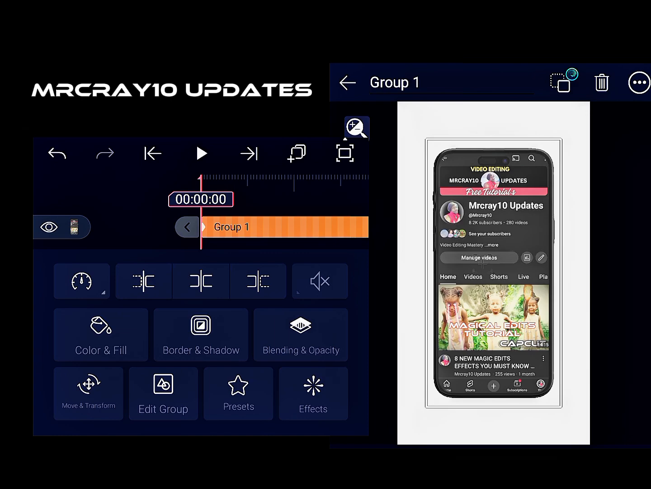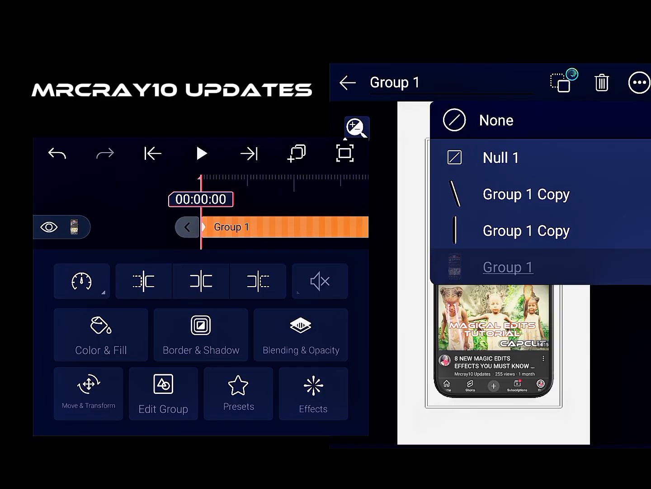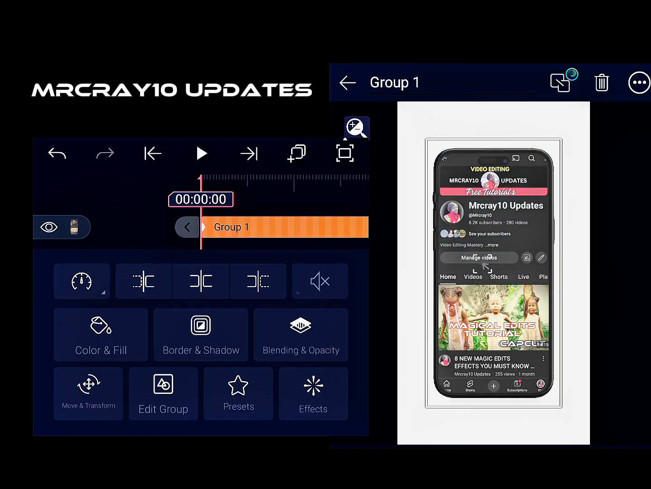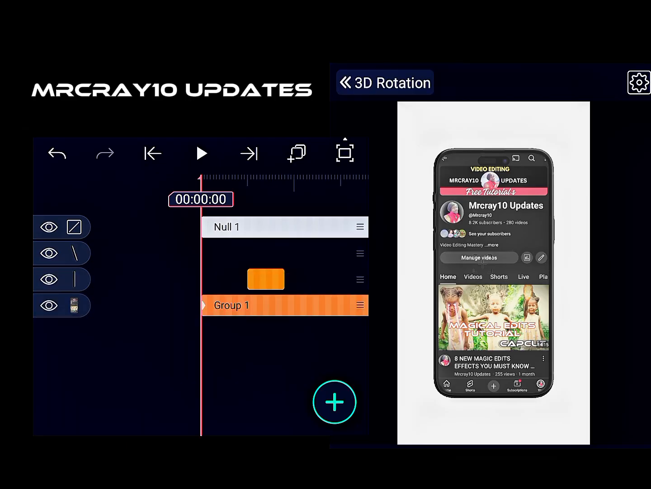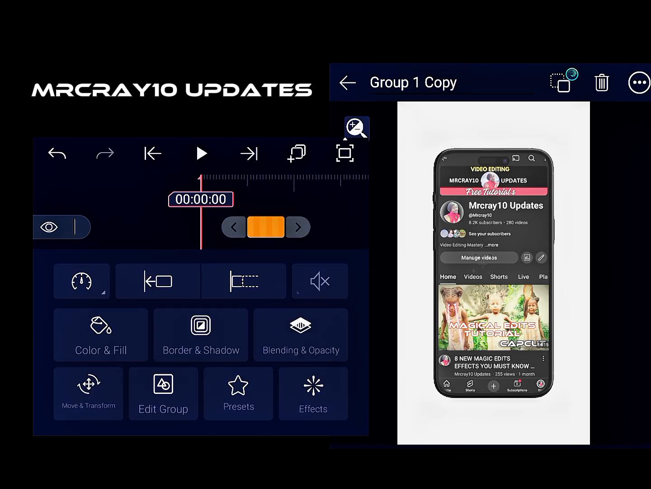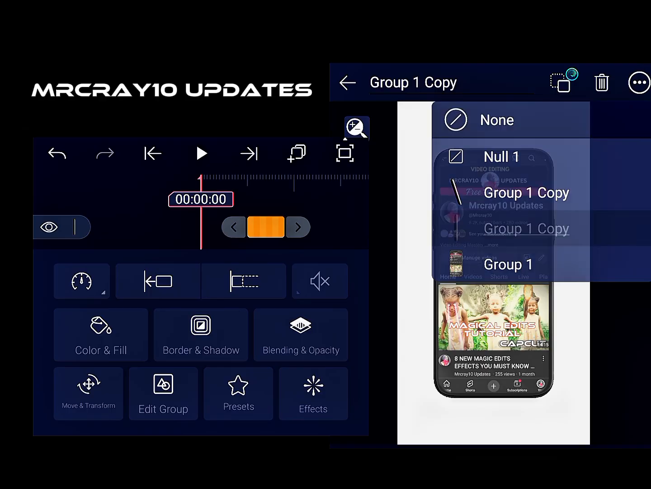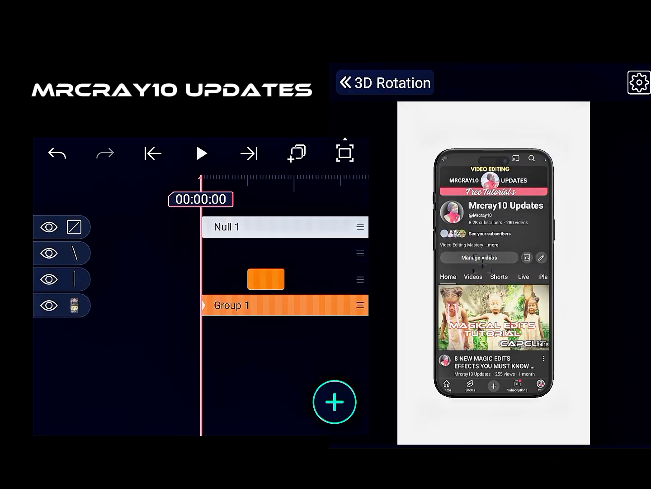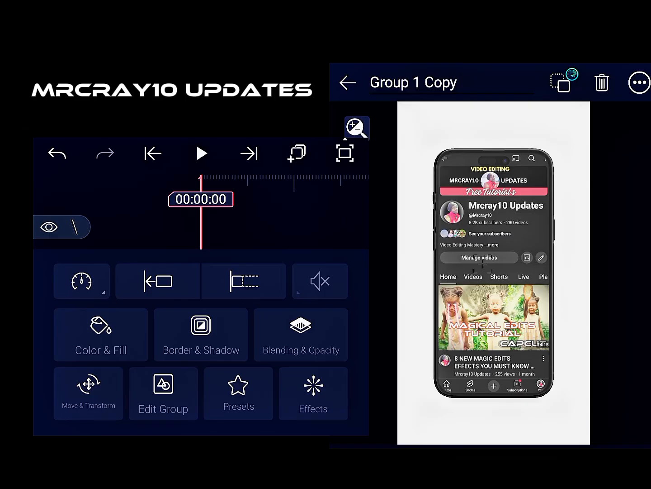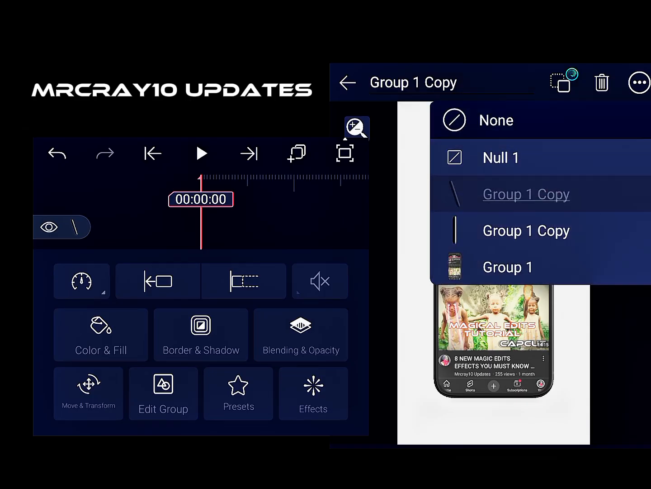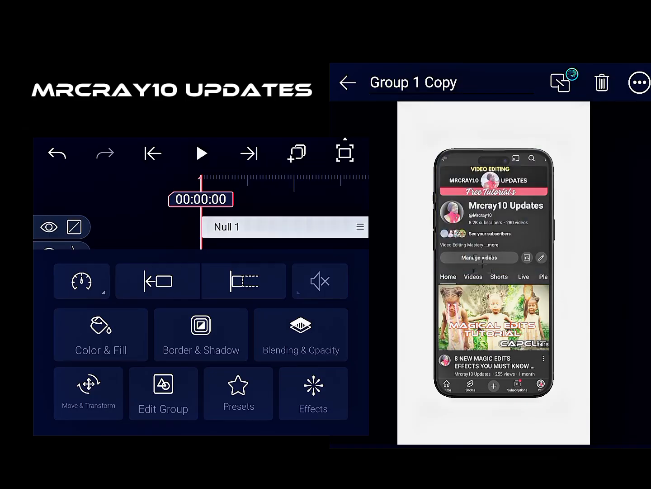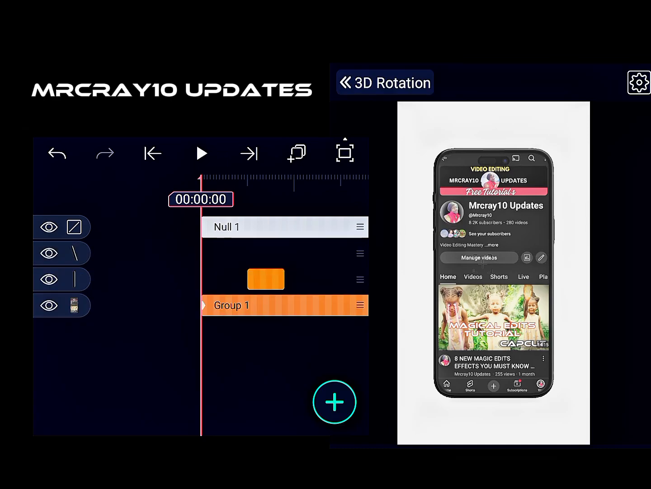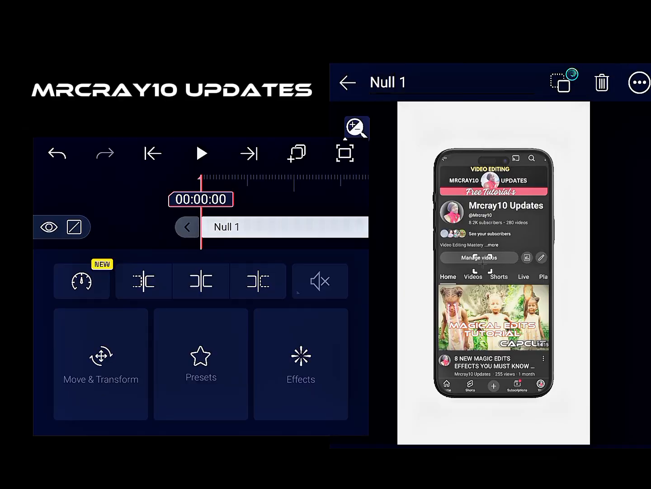Come to this button at the top of your screen and click on Null 1. You get my point? Now tap on another layer, come to that same button and click on Null 1. So you are going to repeat the same on all the layers. You get my point? So at this point, when you tap on the null effect, you can now come to